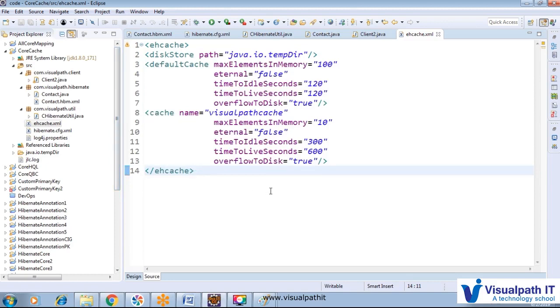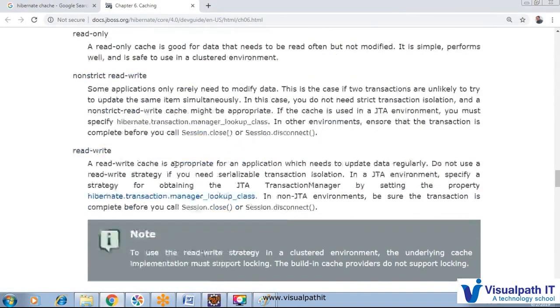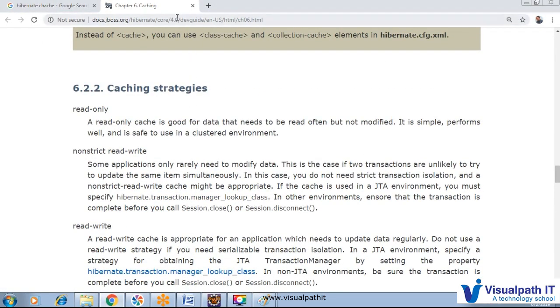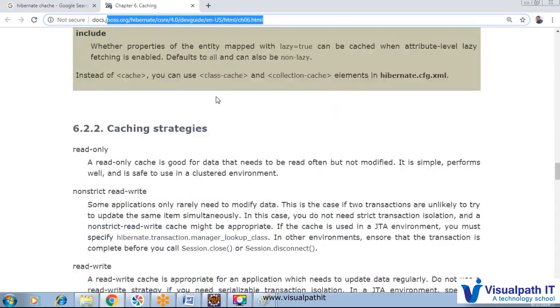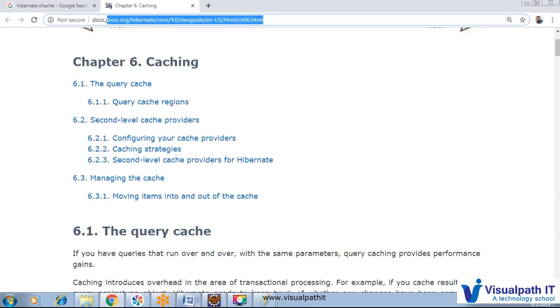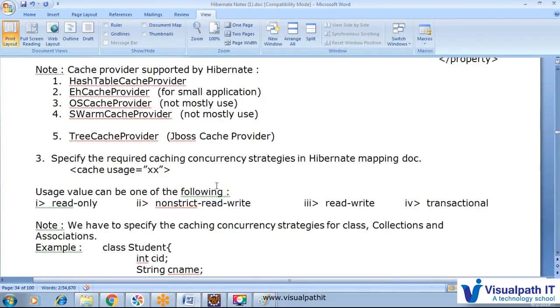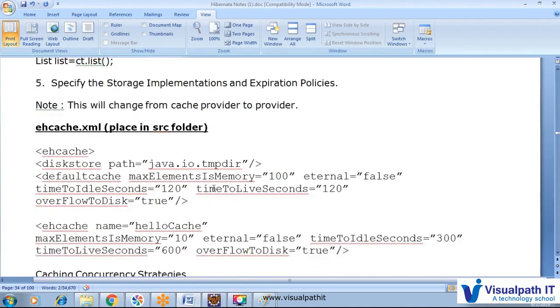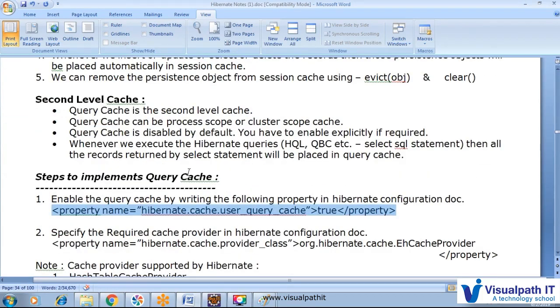Just try to create a cache, try to get knowledge of the cache, and go through the JBoss document 4.0 on cache related things, cache strategy and all. I think here also you will get a very clear picture. So now it's very easy to implement a query cache.